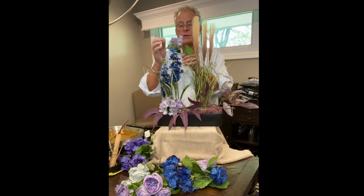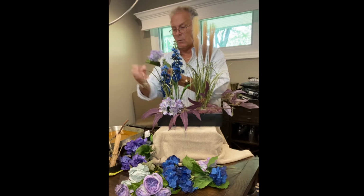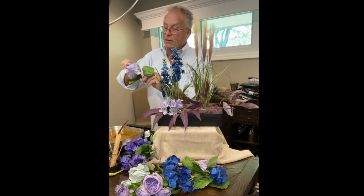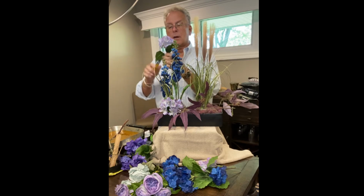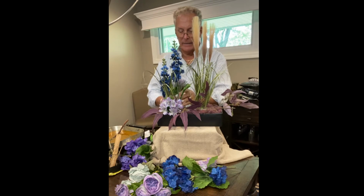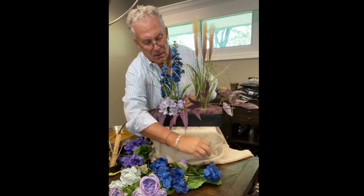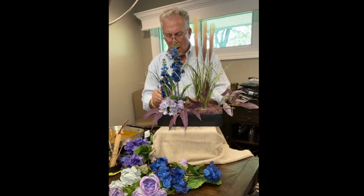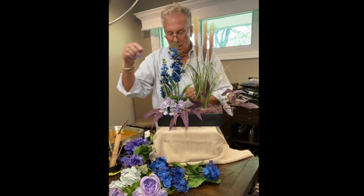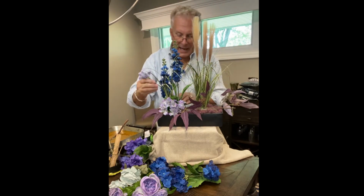So I've taken those hydrangea, and we saw that in an earlier video where we actually went in and dissected and cut out pieces. And if you do that, you need to make sure that we remove every evidence. That means all those little stubs that were in there now have to come out, so our customer doesn't go, oh, what was there? We don't ever want them to think what was, it's what is. And so whatever little bits and pieces that we have here,